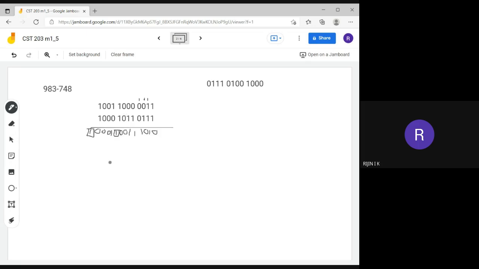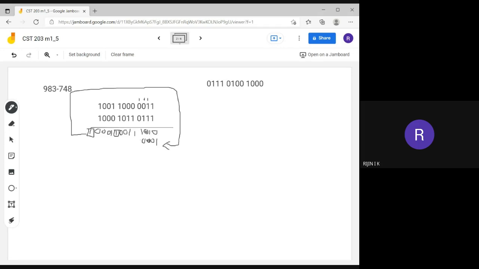What you have to do is add the end around carry in the first location here. That means 0001.